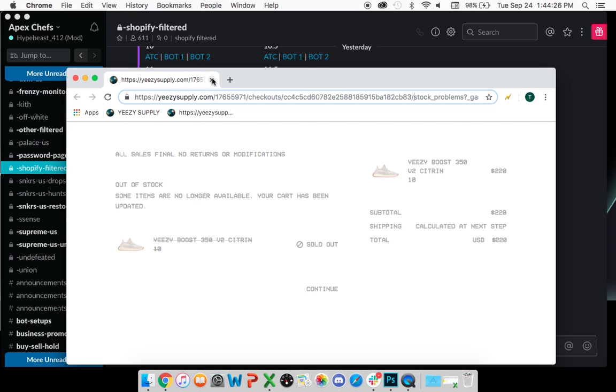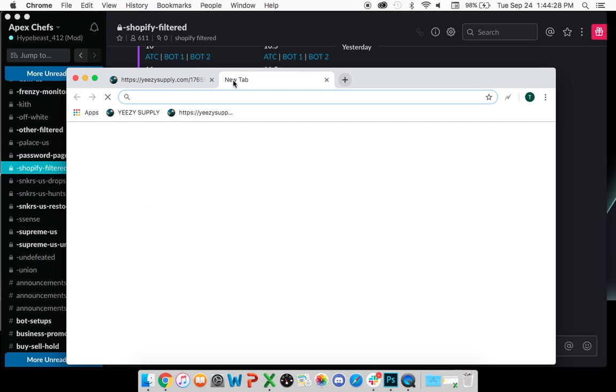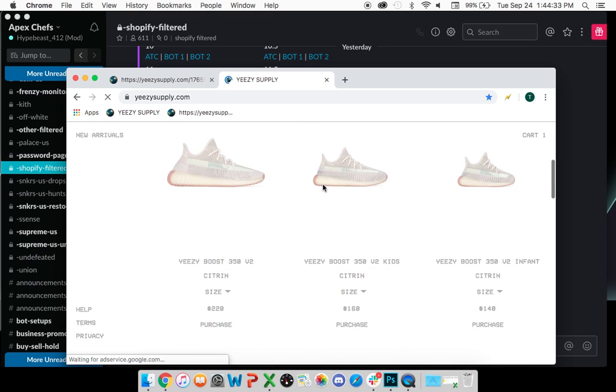Again, what we're going to want to do is same profile. We go back onto Yeezy Supply with the reflectives. I hit a 10. It was sold out. Then I went back on the Yeezy Supply, and there's a 13. So I hit 13. You're going to want to take this one out of your cart, the size 10 that